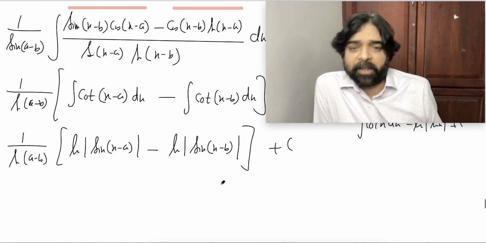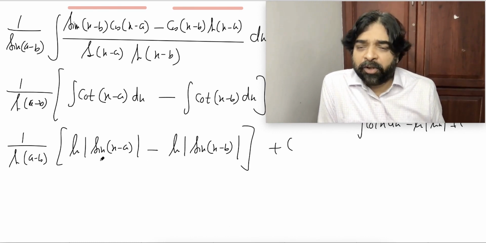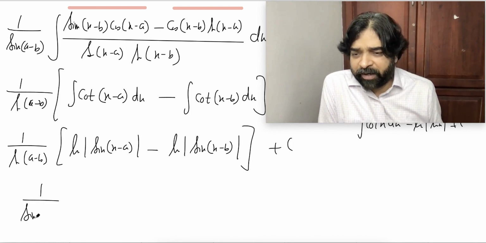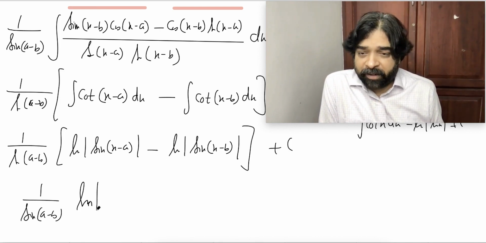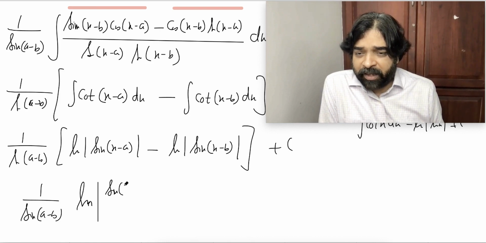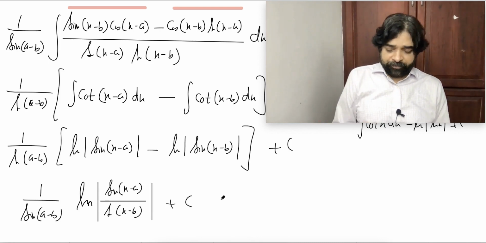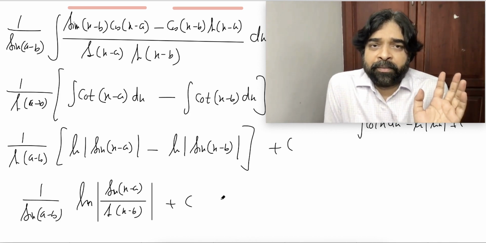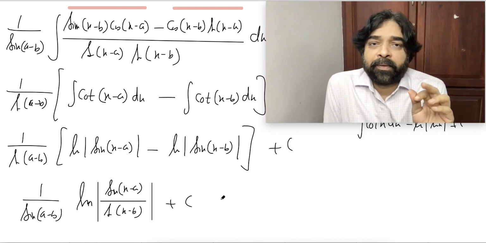It's over. The moment we get C, our answer was over. Integration disappears. You can beautify this a little bit. Ln a minus ln b, all of you know is ln a by b. So the answer we can write this way also: ln, that means log base e, of mod of sin x minus a divided by sin x minus b, plus c. This is your final answer. I am sure it's clear to everybody. All of you able to understand clearly? Have you understood?